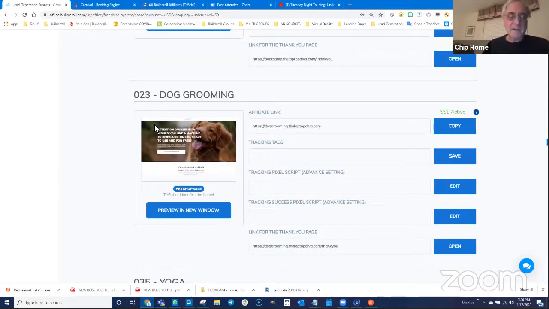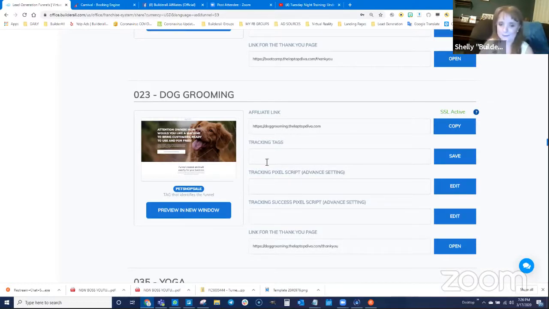Unlike some of the funnels, it looks like that one can't be modified by us. Yeah, we don't have that as a link here. So suggestion if you need to. Yeah, we did have that capability. I'm not sure why it's not there, so I'll check that out. But right now, there's no worries. Let me walk you through the entire process, and then I'll show you something cool, okay?